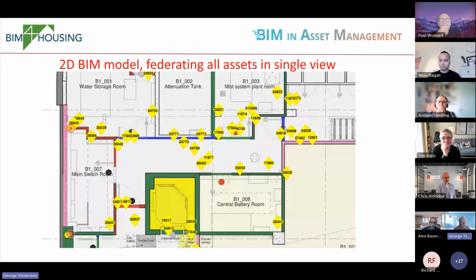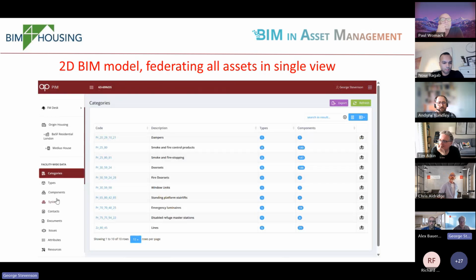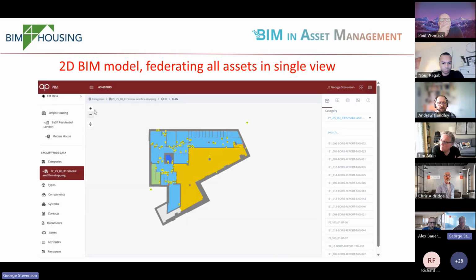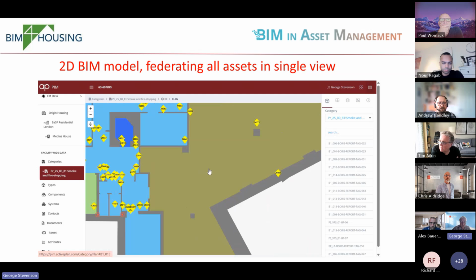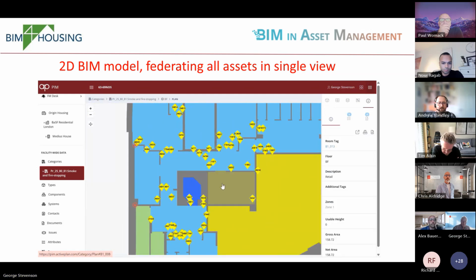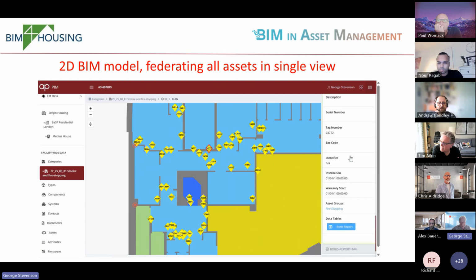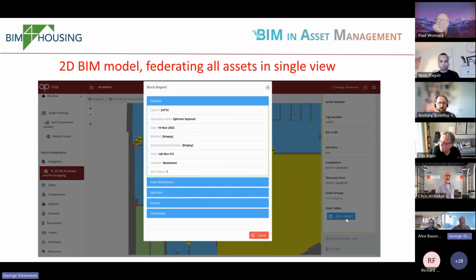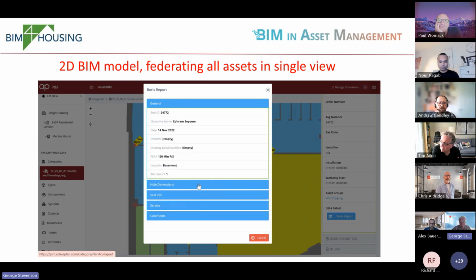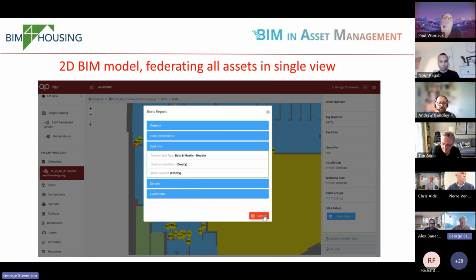But the key thing about it is that it means that all of those fire stopping assets can then be viewed in a single view. And as you'll see in a moment, we can also then overlay other information such as fire doors and things like that. So this is just illustrating how, by using data engineering and reading it into the database, the information that was locked in that PDF now becomes real intelligent asset data. And this is very exciting for me. I know that's sad, but it's a way of really unlocking information that's otherwise just in a document that is